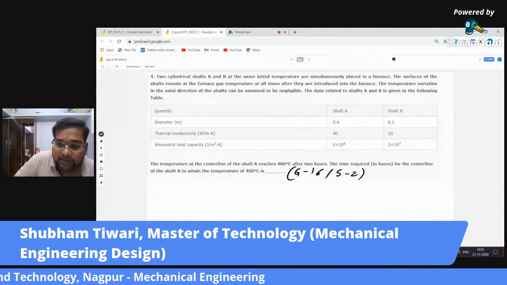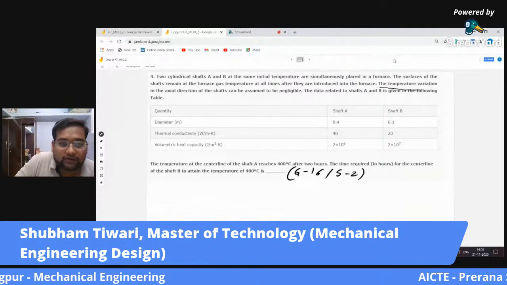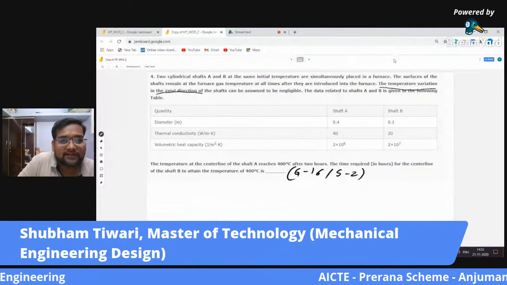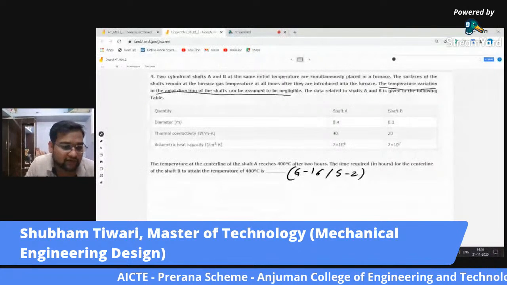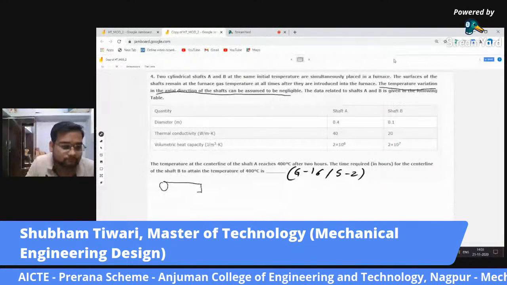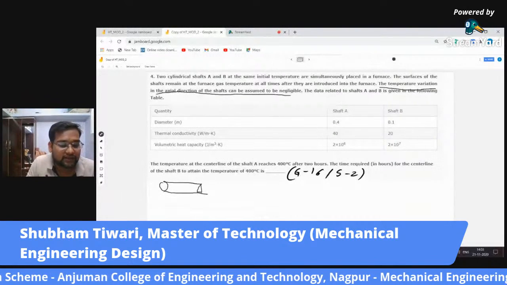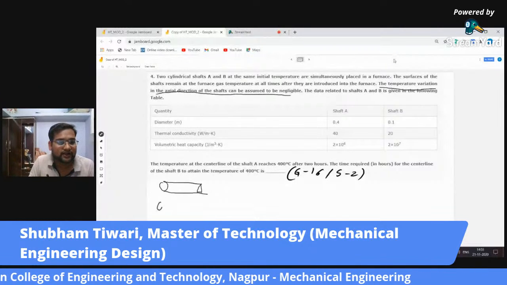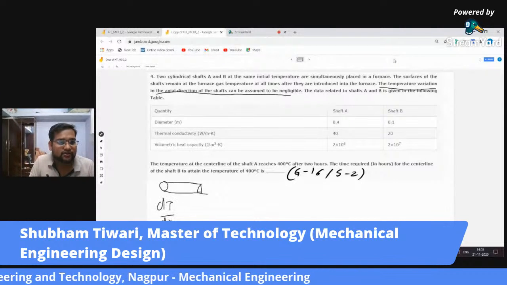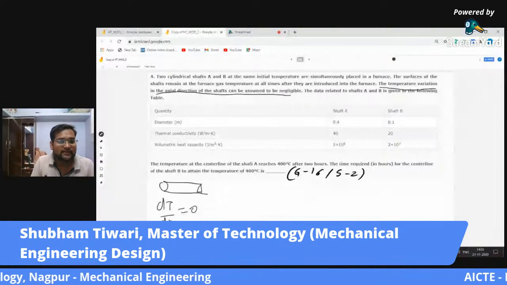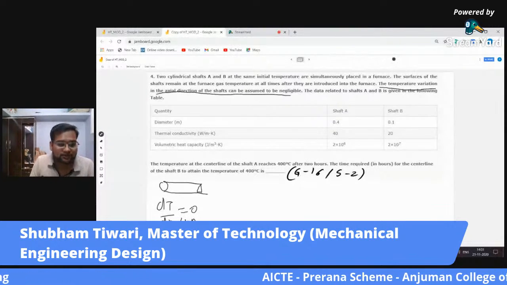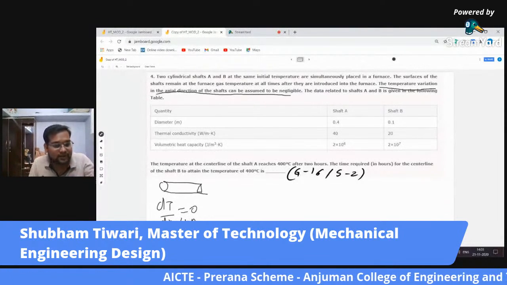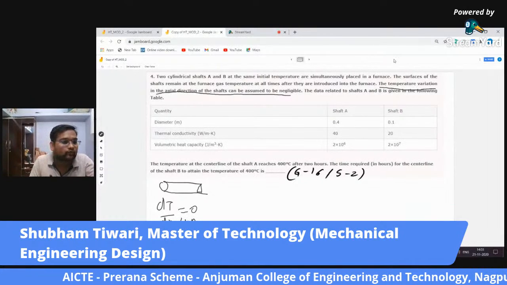Okay, see, this line is very crucial. What these lines tell us is that the temperature variation in the axial direction of the shaft, that is, the temperature gradient dT by dx, is equal to 0. So we can say that we can go for lumped heat analysis, right? So what we can say here is